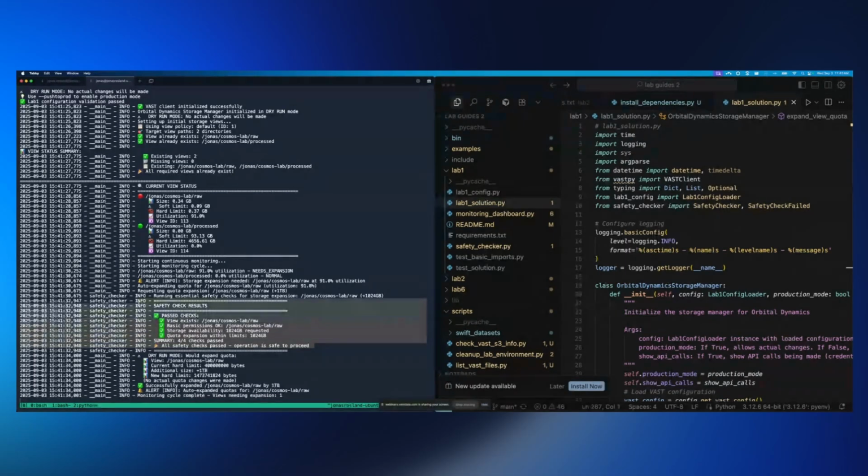And then it verifies that everything is good, that the view exists. The view exists again. We have basic permissions. Yes. Do we have enough availability? Yes. Can we expand within limits? Yes. So this is, again, dry run mode, where we would expand the quota, and here would be the new hard limit. So let me pull up